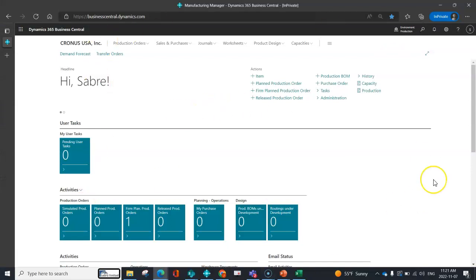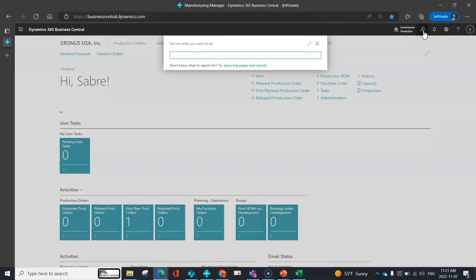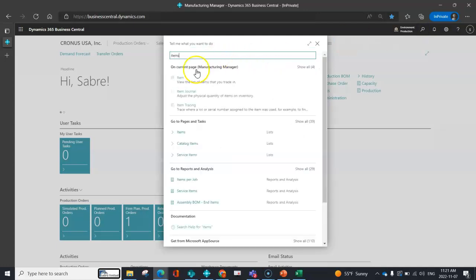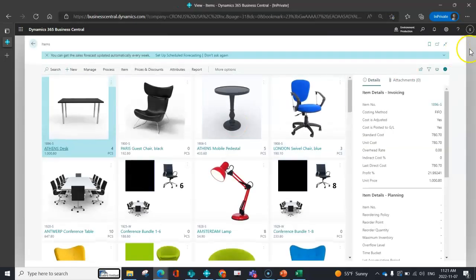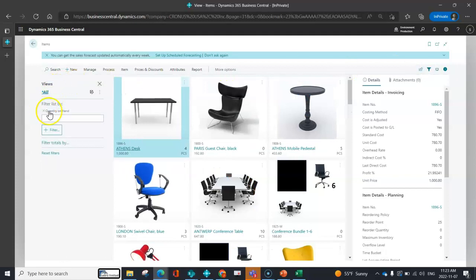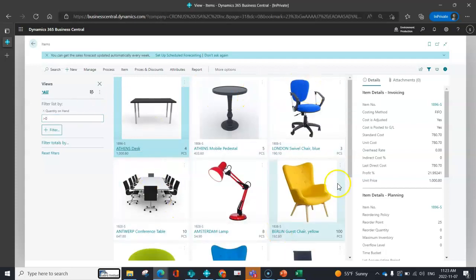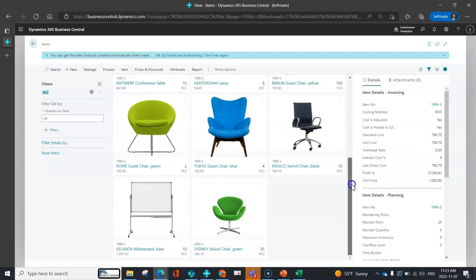So again, we're in our Business Central environment. If we go to, for example, the items page, maybe you're saying, I want to be able to see all the inventory that I have on hand. So I can choose to open up my filters. This is your filter icon. Here I've got quantity on hand because that was something that I had looked up earlier in the day. Let's say I want my quantity on hand to be greater than 0. Now my list page has already shortened a little bit.